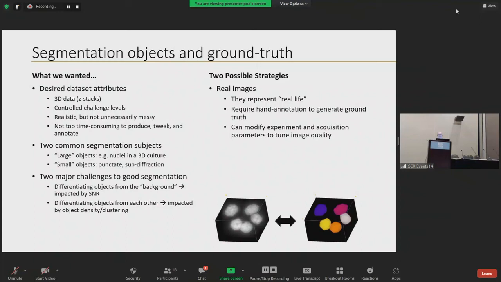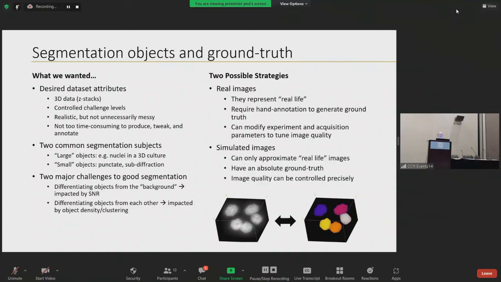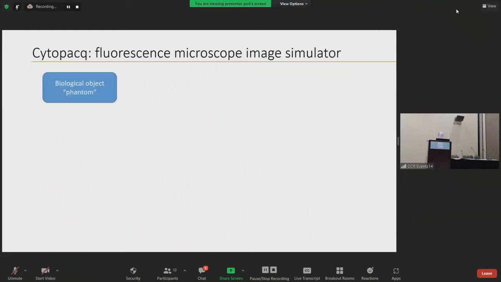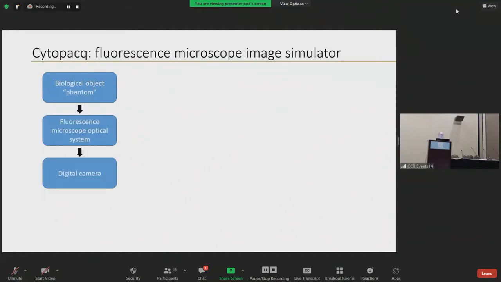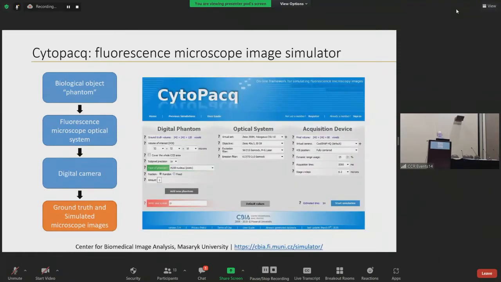Real images that represent real life, or simulated images that only approximately simulate; but on the other hand, then we have an absolute ground truth, and image quality can be controlled more precisely. So we went with the second approach, and this is the algorithm that was realized by using a third-party